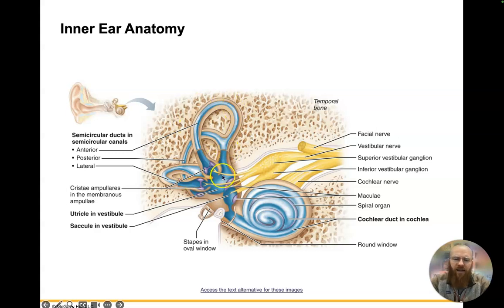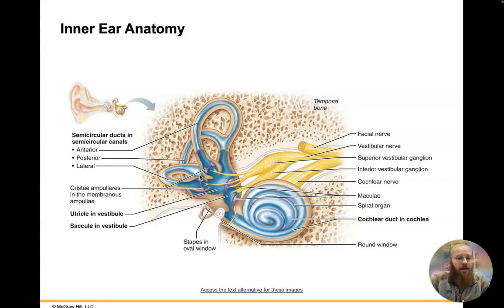And the cool thing about these, and I think I talk about this on a slide in just a moment, is you have these 3 semicircular ducts, and they're in each of the 3 planes of motion. Right, so you've got one along your sagittal plane, one along your frontal plane, and one transverse. So any sort of rotation, whether that's front to back or side to side, you're going to have the ability for that fluid to move and activate hair cells, same as it does with hearing, but just for equilibrium in this case,